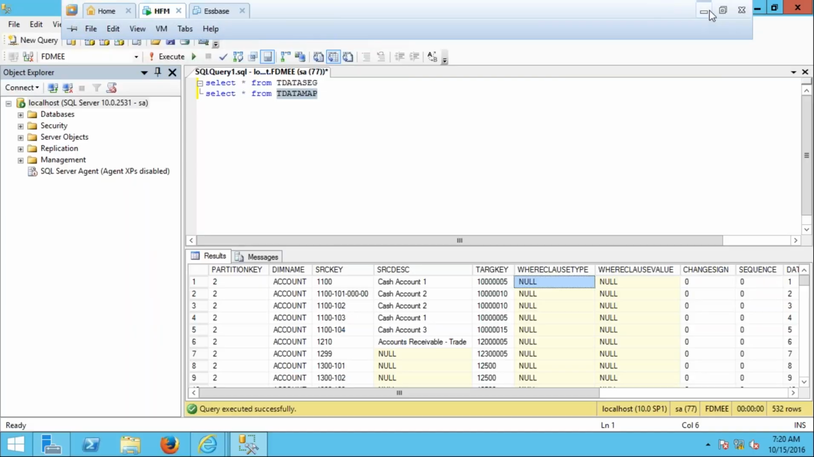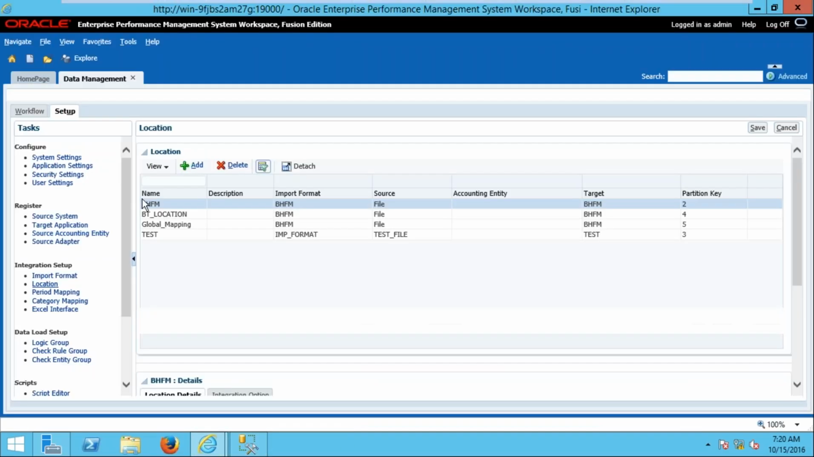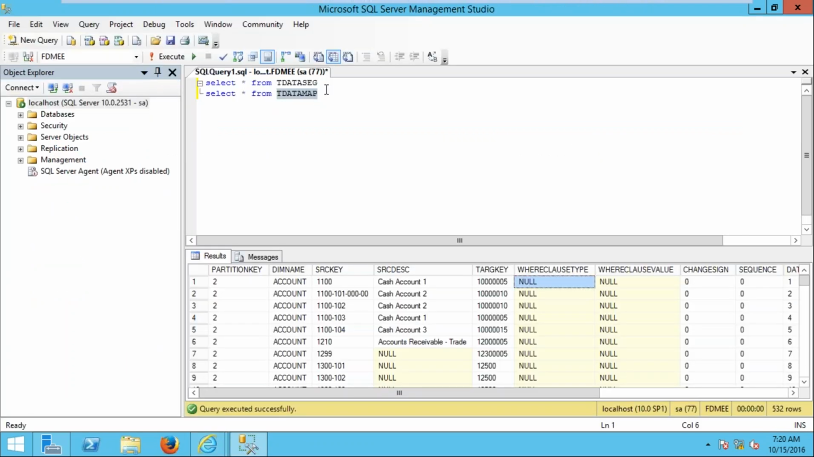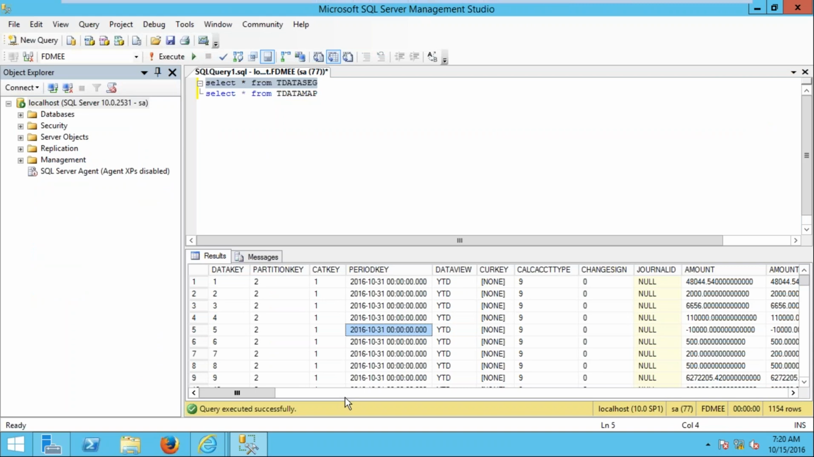Okay, and here I would like to show you the part when I am going to data load mappings. Here the account column is there, and custom 3 is showing as UD3, and custom 4 is showing as UD4, right? How are these values defined, and how are these values going to be populated in the backend? So if I go and check the tdataseg table, there itself